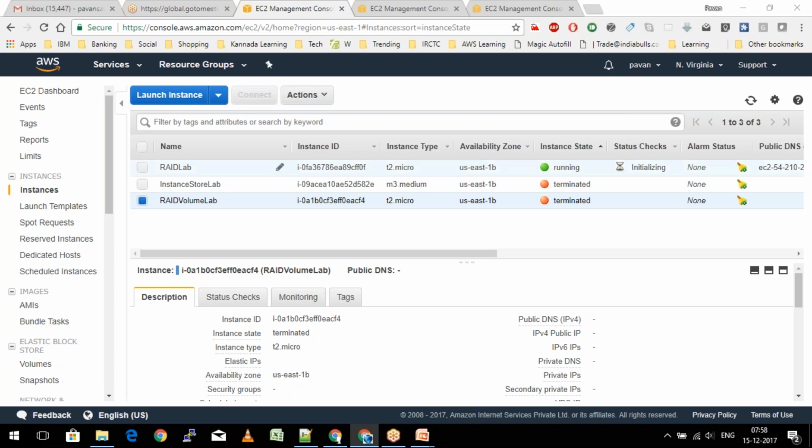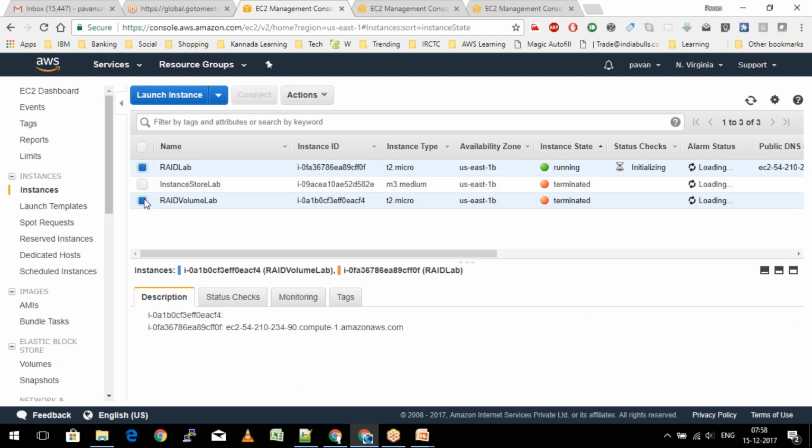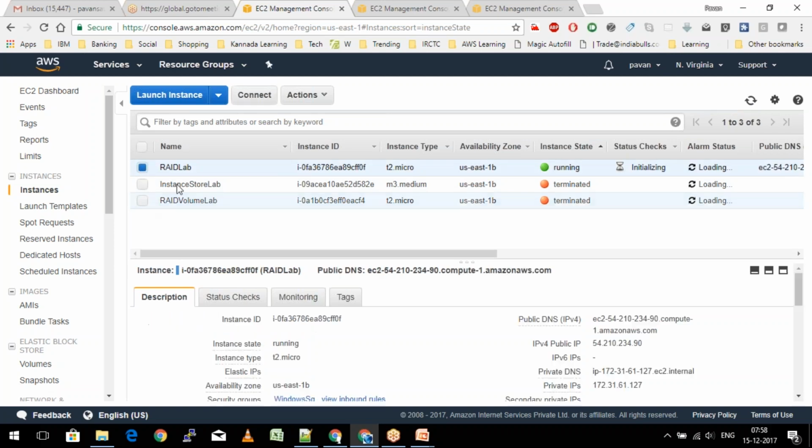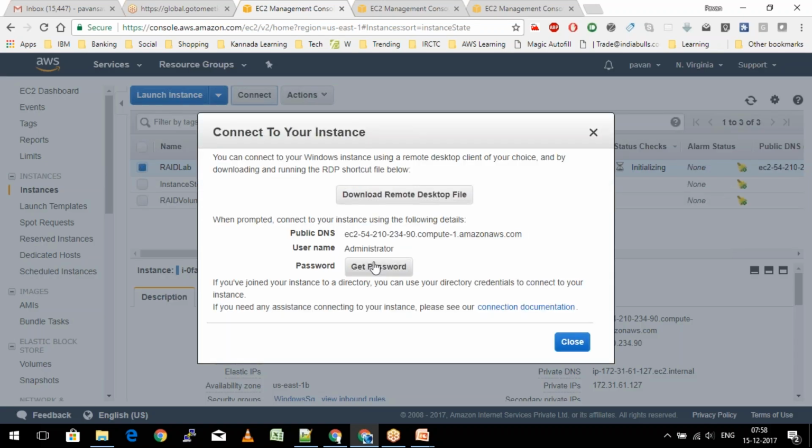Okay, there we go. We have our instance running. I'll just quickly refresh this page, and then we'll use our connect button to get the password for this machine. So it may take a little while more.